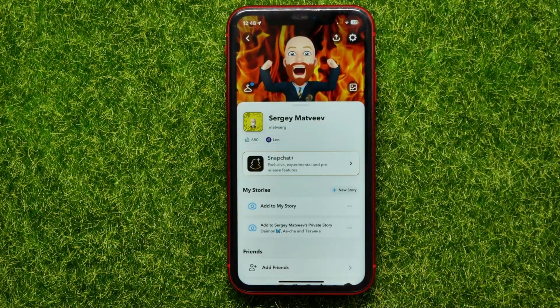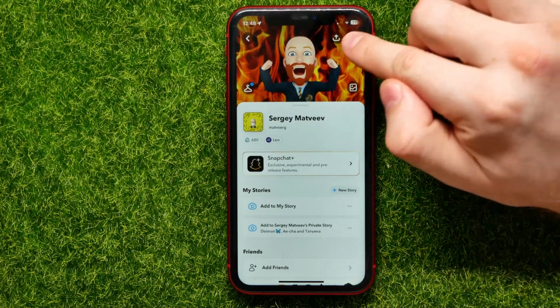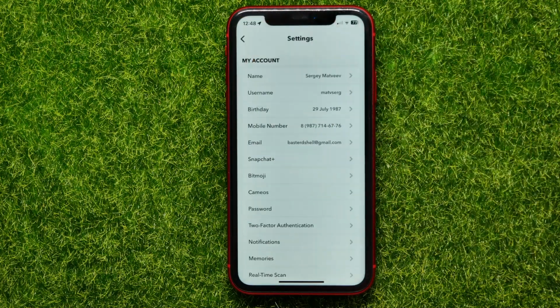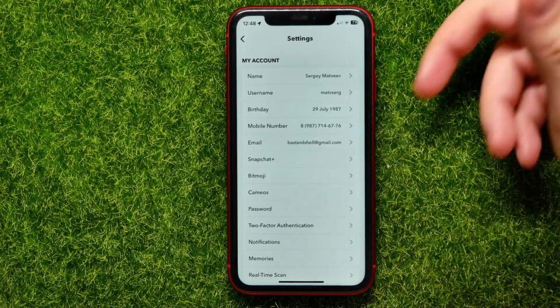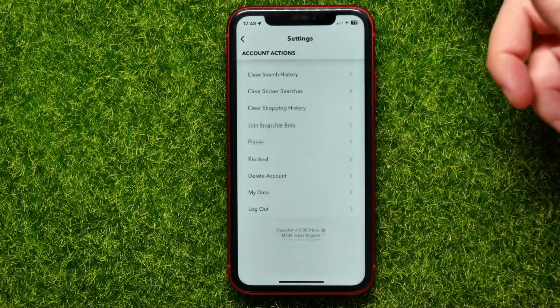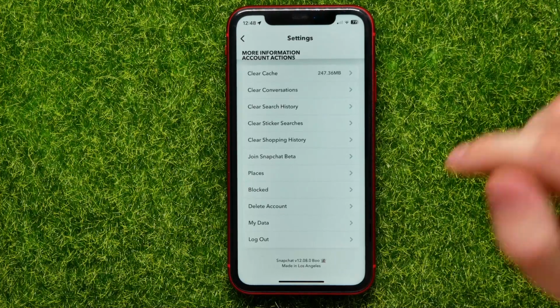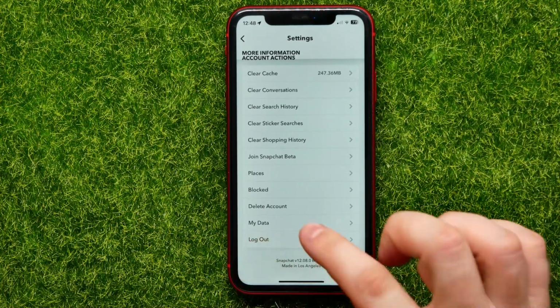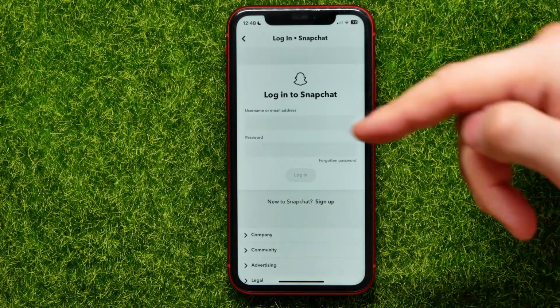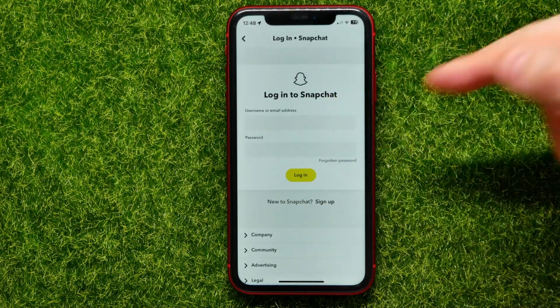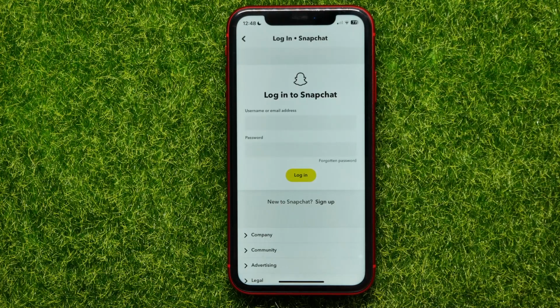or your Bitmoji. Then right there, tap the gear icon to open up settings, and in settings scroll down to the very bottom where you can easily find the My Data feature. Just get into it. It will ask you to enter your username and password to verify that it's you, and